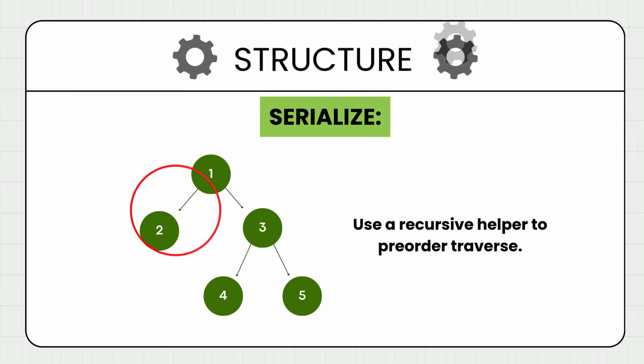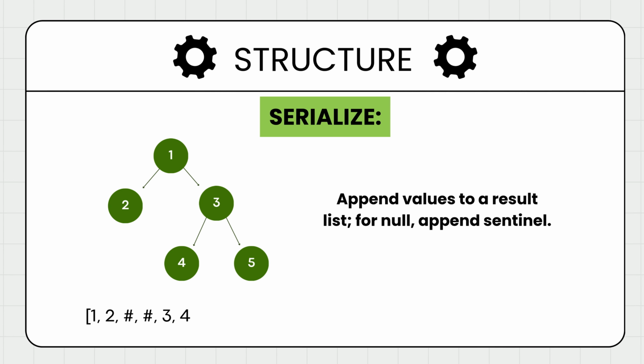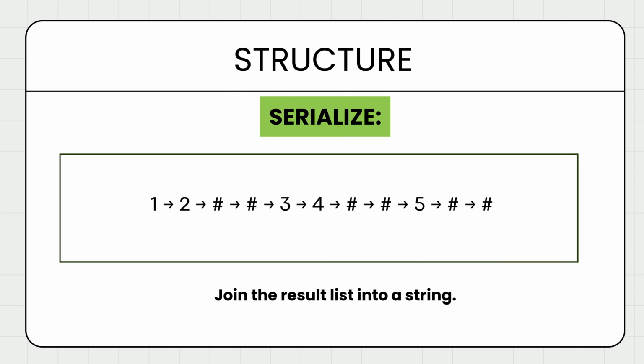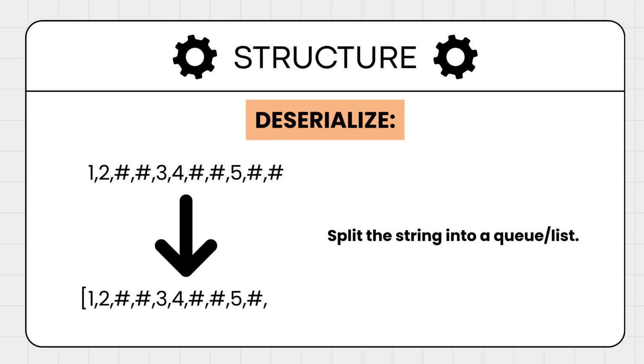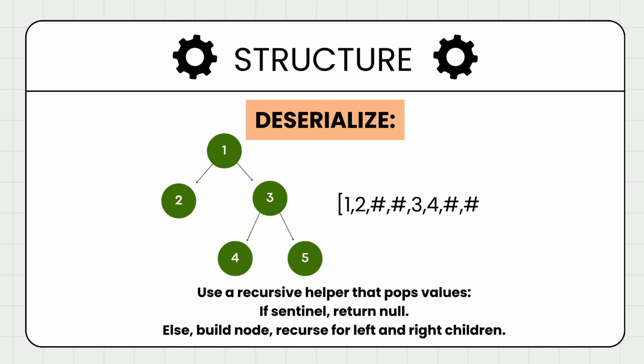Here is the structure. Serialize: use a recursive helper to preorder traverse. Append values to a result list. For null, append the sentinel. Join the result list into a string. Deserialize: split the string into a queue or list. Use a recursive helper that pops values. If sentinel, return null. Else, build the node. Recurse for